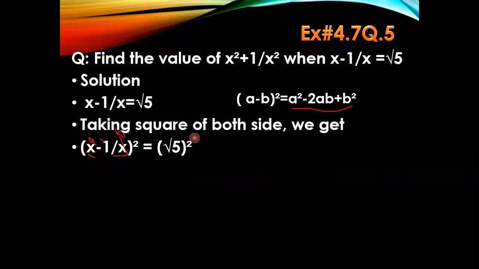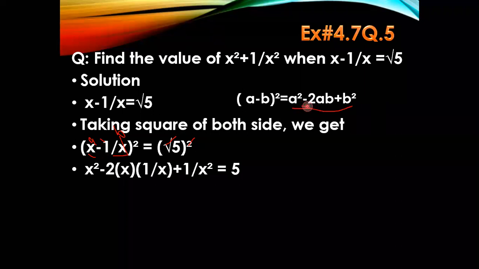So what we will do here, this square will be cancelled with this square root. Okay, and we are simply opening the formula. Okay, very good, Bilal. Now this is term a, so we will take the square of term a first, just like this, that is x square and minus.